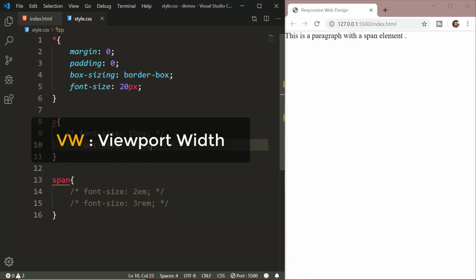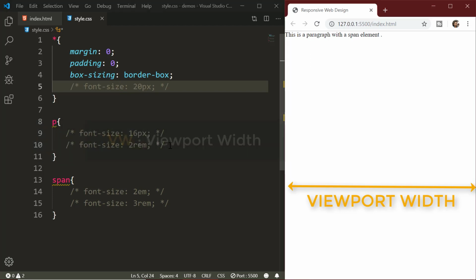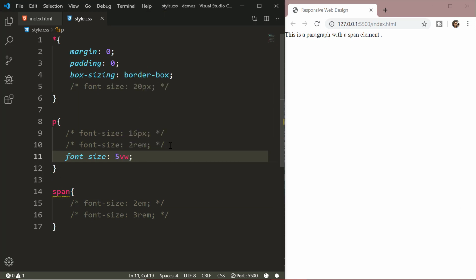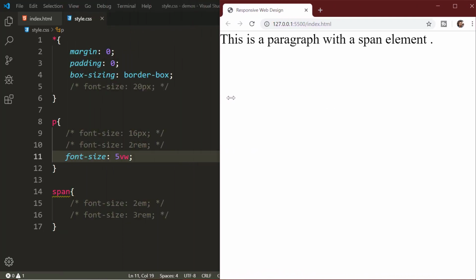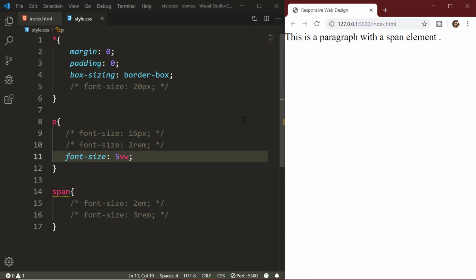Next, we have the vw unit. vw is relative to 1% of the width of the viewport. Viewport is the browser window size. So suppose if the viewport is 100 cm wide, 1 vw will be 1 cm. If we set the length of any HTML element in viewport width, it will change as we resize the browser. Here you can see the change in the font size of the paragraph element as I am changing the width